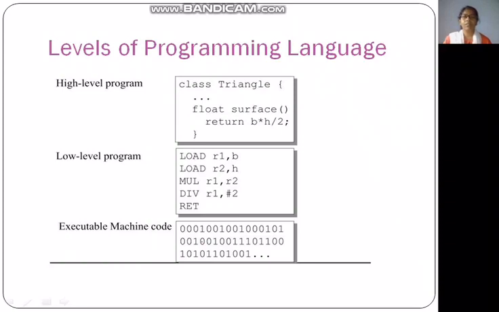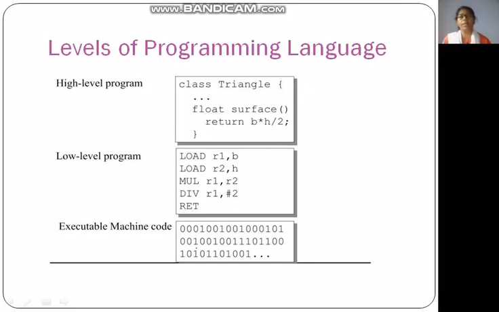Because the computer, the processor, is made up of silicon. It is a semiconductor, which partially conducts electricity. That means the presence of current, you can take as 1, and the absence of current, you can treat as 0. So what the machine can understand is only zeros and ones. So whatever we give needs to be converted to zeros and ones.